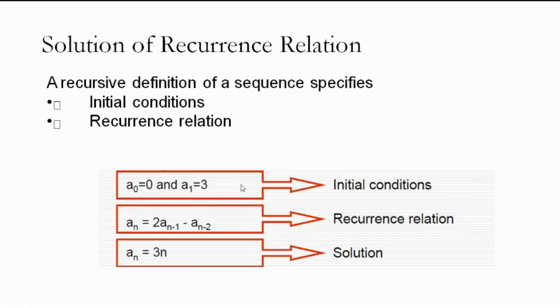Then 1 plus 1 is 2. Like that, you go for incrementation. So the initial conditions will be there, initial values like this. And the recurrence relation, if you look at the Fibonacci series, Fn is equal to Fn minus 1 plus Fn minus 2. Like that is some recurrence relation you can define. Then finally, you will get a solution that an is equal to 3n. That means if you observe for several iterations, then you can conclude that this recurrence relation is leading to this particular value. You are generalizing that particular thing.